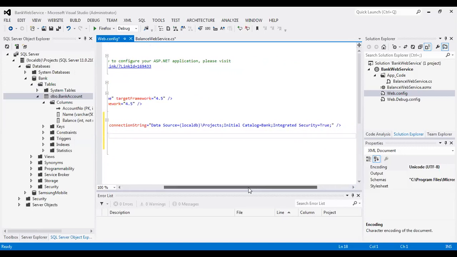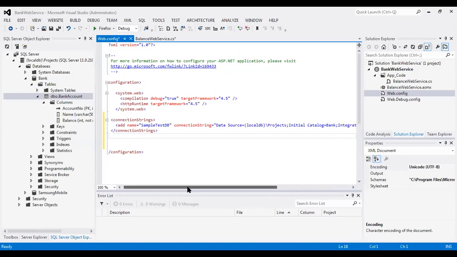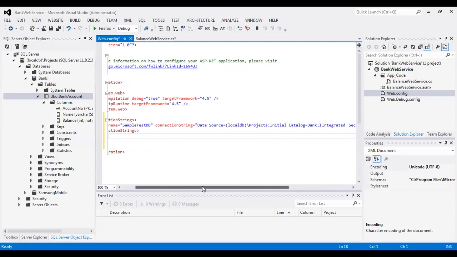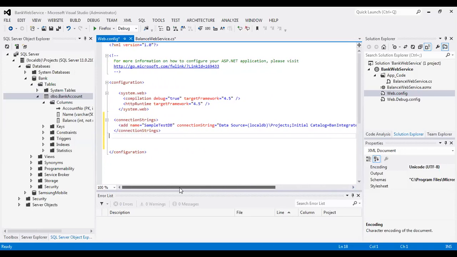So this is the connection string: add name equal to sampleTestDB, connection string equal to data source equal to LocalDB\Projects, initial catalog equal to bank, and integrated security. So after this,